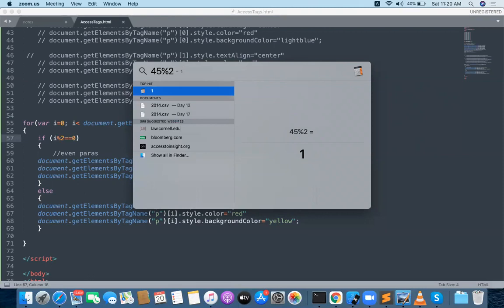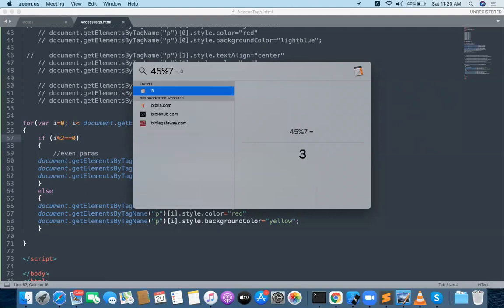2 goes how many times in 45? 22 times. 22 2s are 44. And what is the remainder then? 1.